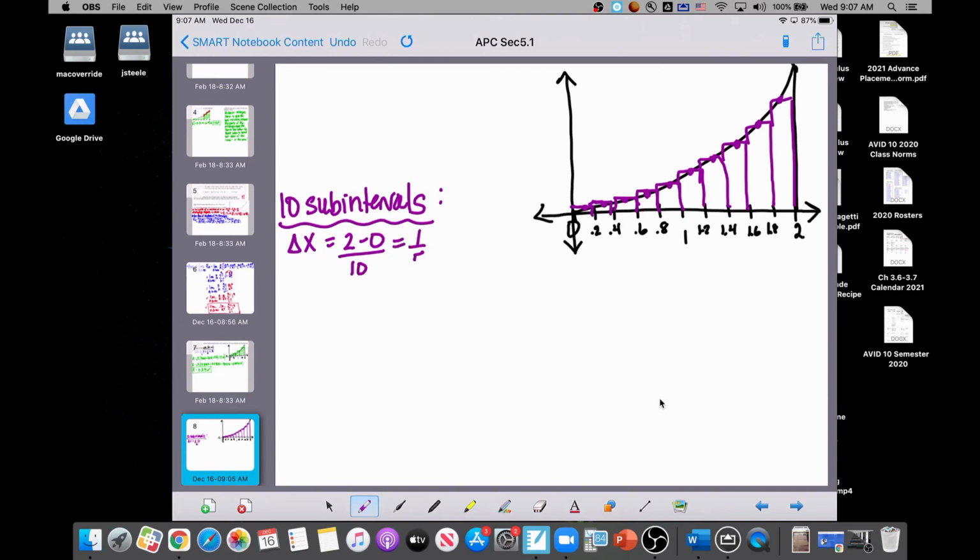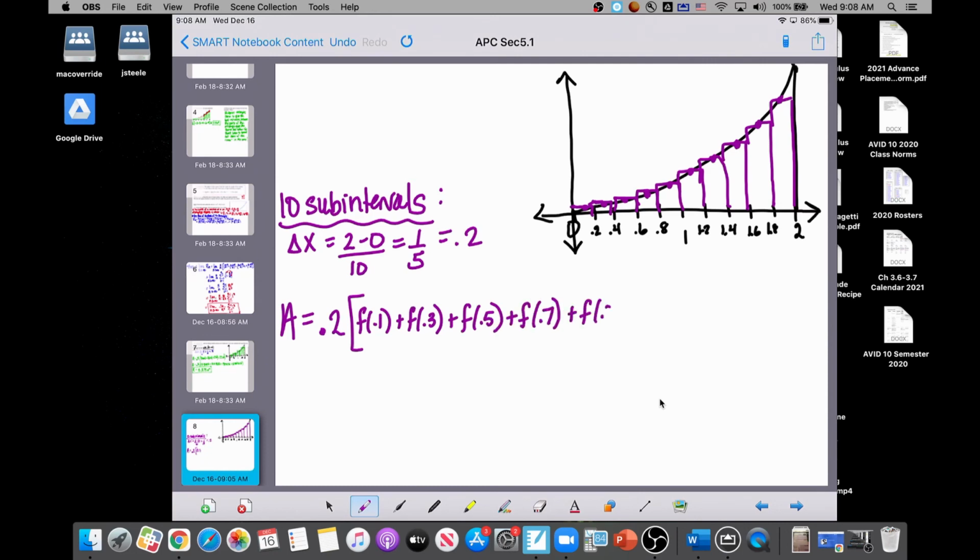So we get 1/5 or 0.2. And our area then is going to be equal to 0.2, that's the base of every rectangle, times the heights of each of those rectangles, which would be f of 0.1 plus f of 0.3 plus f of 0.5,